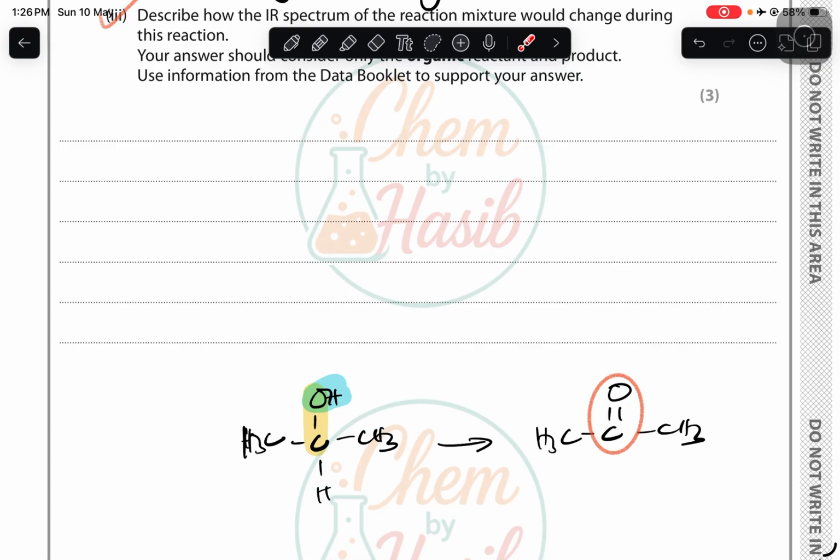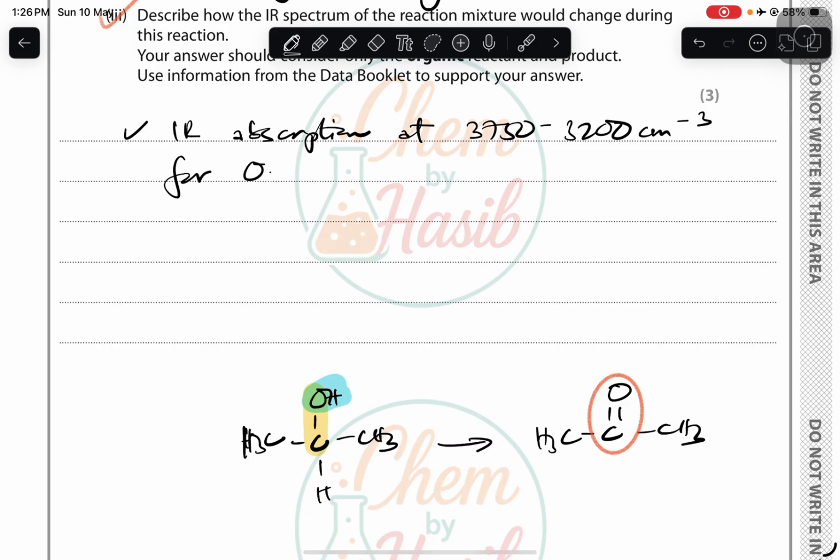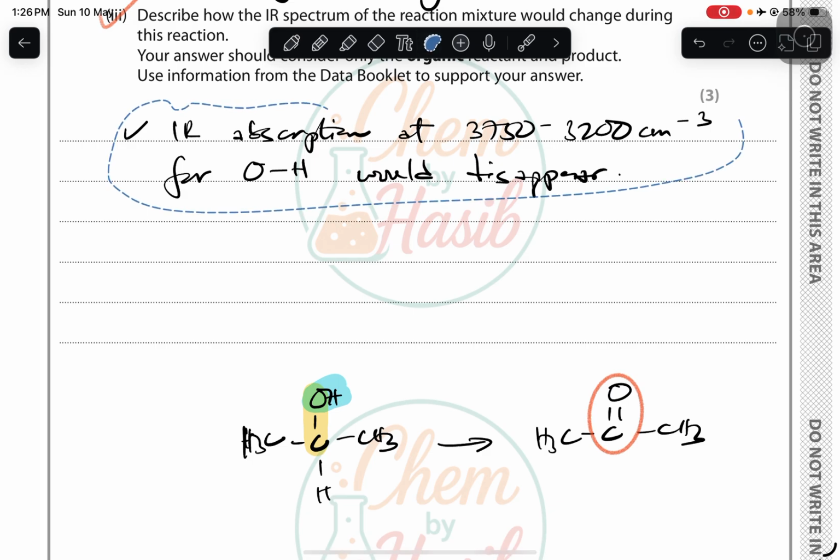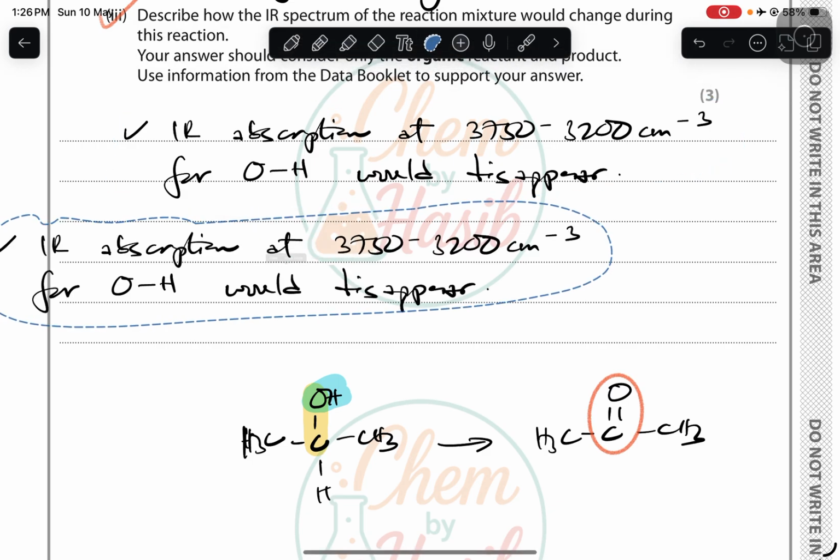We will write IR absorption at 3750 to 3200. Now this range is copied from the data booklet. For O-H would disappear, right? And we write the same for the C single bond O, IR absorption for the C single bond O